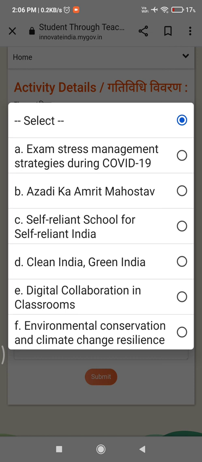Then the second topic is Azadi Ka Amrit Mahotsav. Here in this topic you can explain about India's vision, aspiration of India's youth and what India will be in the next 25 years. The third topic is self-reliant school for self-reliant India. Under this topic, you can talk about the ability to do things and make decisions by yourself without being dependent. Here, you can describe the 5 pillars of being self-reliant and a self-reliant country, that is India. That is Atmanirbhar Bharat. You can talk about economy, infrastructure, system, the vibrant demography and the demand.